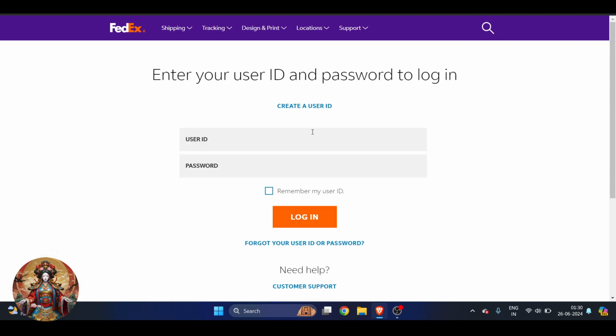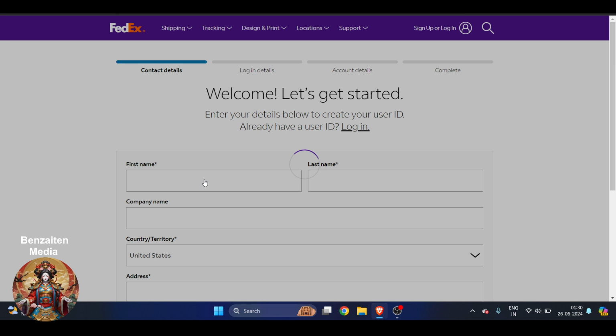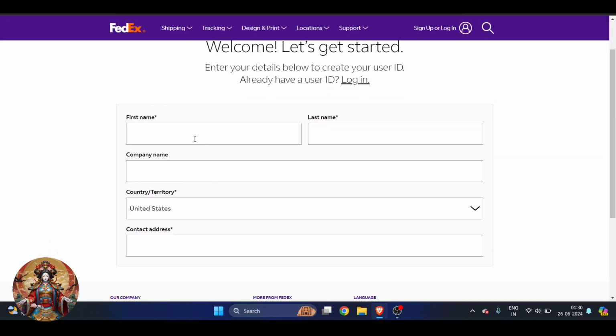And here, as you can see, it says enter your user ID and password to log in. But we don't have an ID, so we have to create a user ID. Click on create a user ID. Now it will load for a few seconds and they will ask for your name, details, company name and everything. I will just enter my first name and last name,